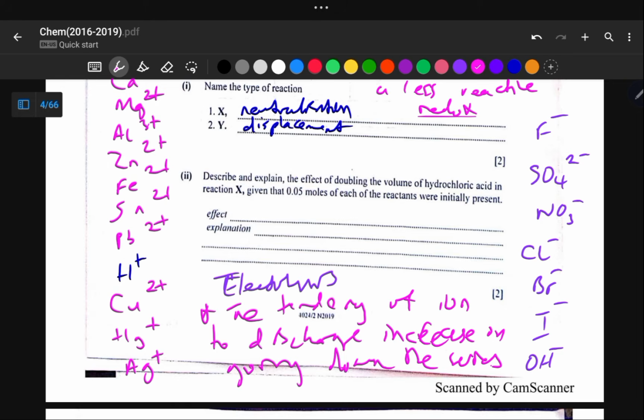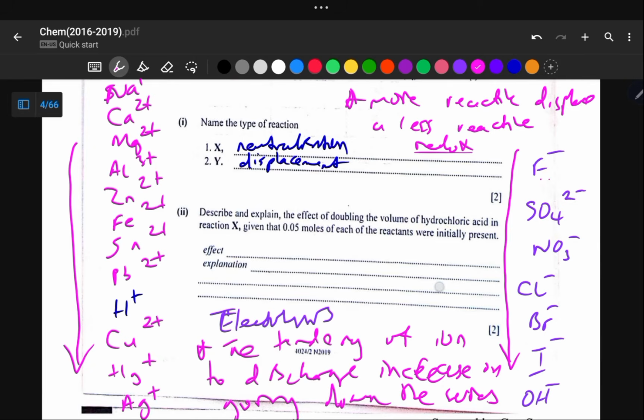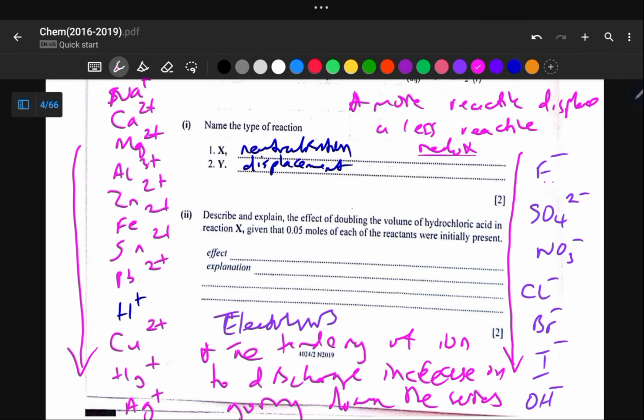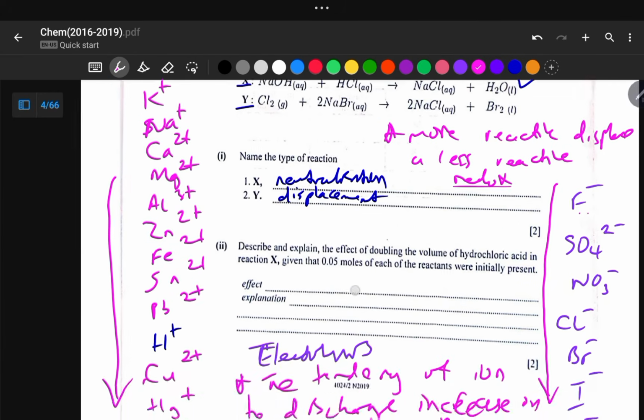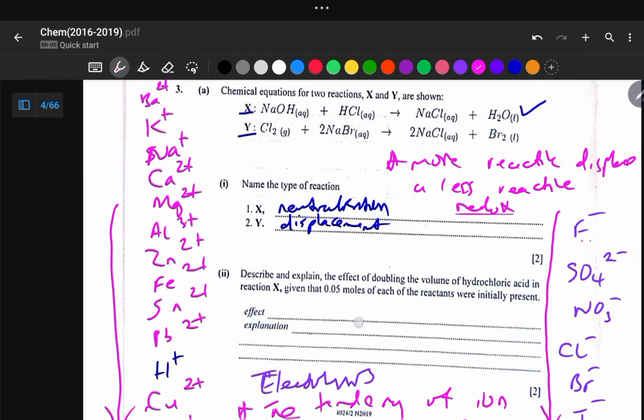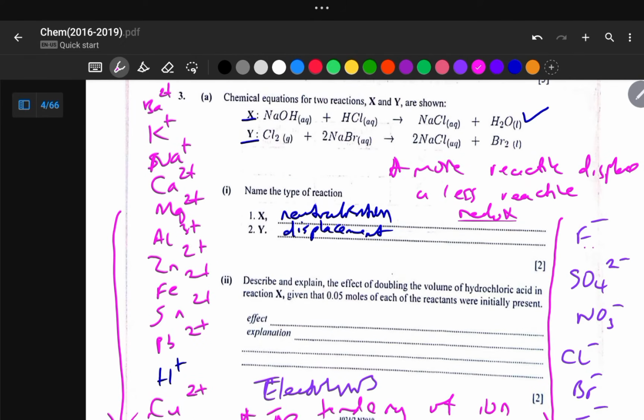So this is the reactive series. This one is the trend of discharge, meaning to say the fluoride ion is more reactive than the hydroxide ion, in simple terms, as you go down the group. So you should know it in this simplified version. The rate or the visibility of the reactions decreases as you go down the series, right? Meaning to say barium is a stronger reducing agent than copper and so on, right? And then sodium is a stronger reducing agent than